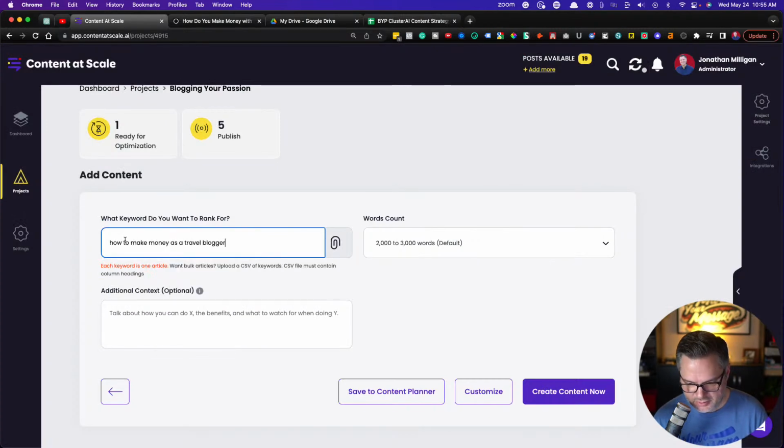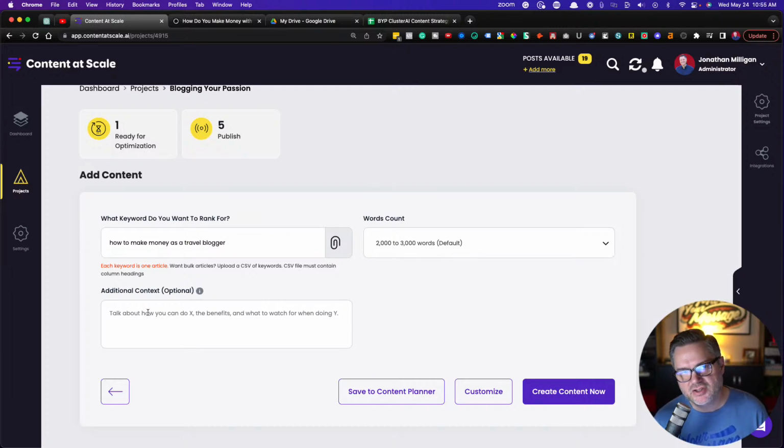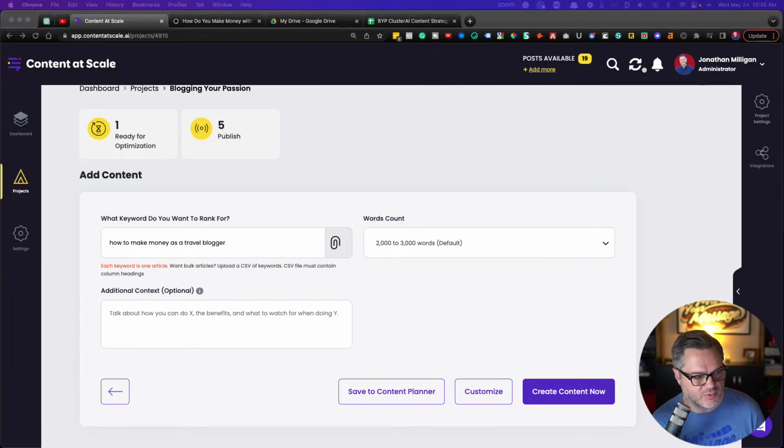We're going to come over here. And you can choose your default. I like going for 2,000 to 3,000 words typically. And again, you can make this adjustment. You can go for larger, you can go for less. You can add some additional context, but the good news is if it doesn't generate exactly what you wanted the first time around, that's okay because